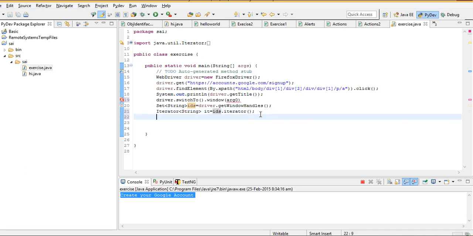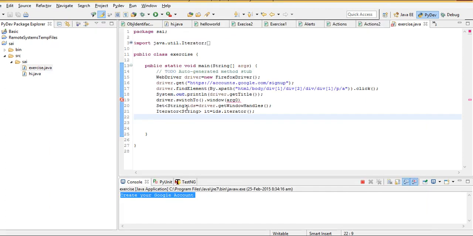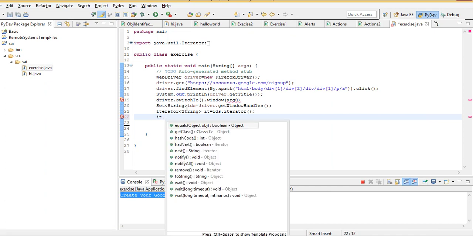Now by default this IT object will be on the top here. So it's ready now to iterate. If you want to go to the first step and get the parent window ID, that is the first row, you need to say IT dot next.